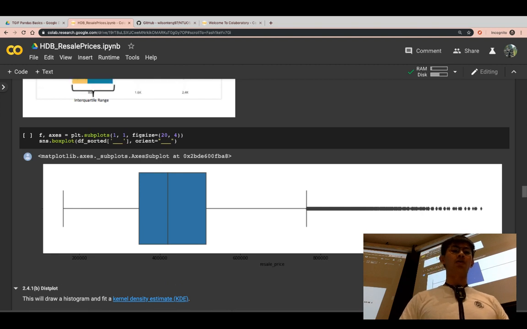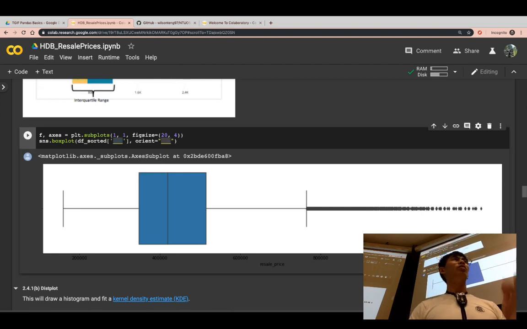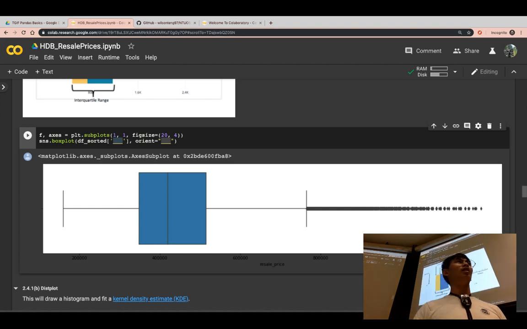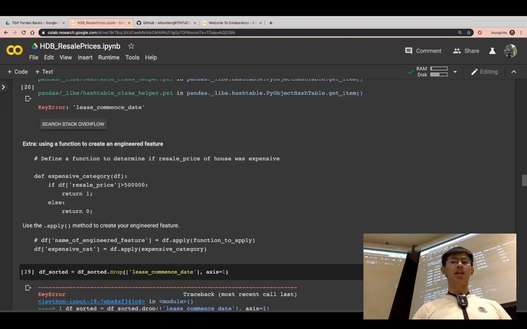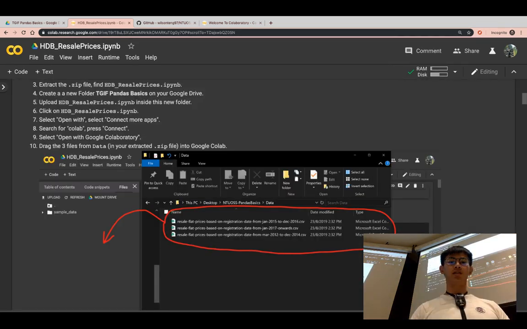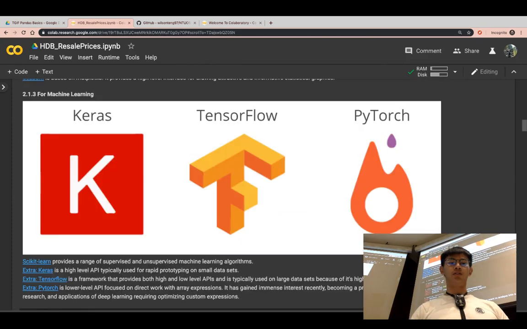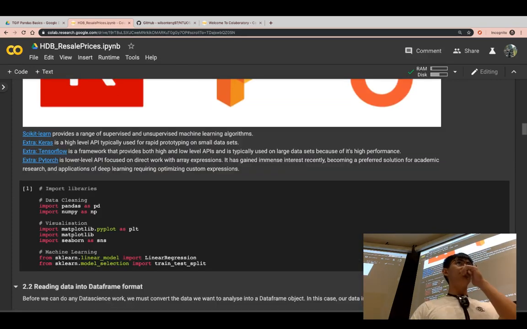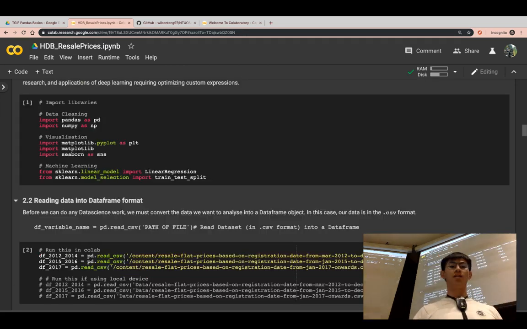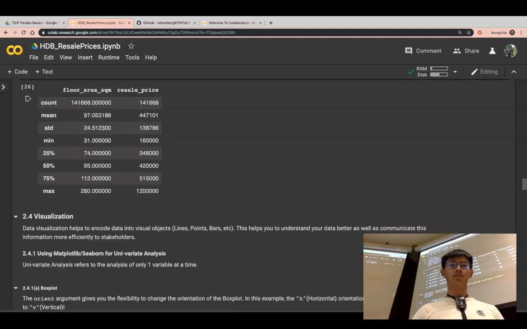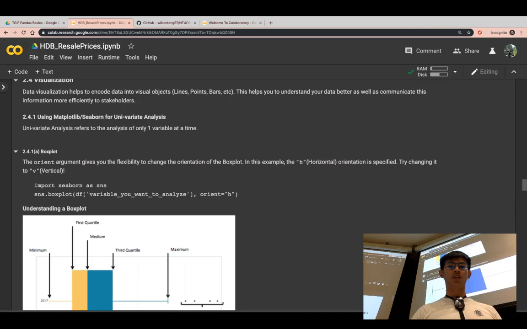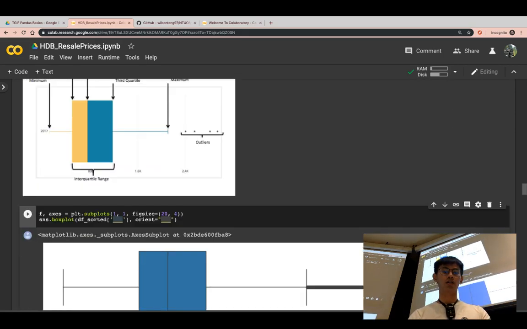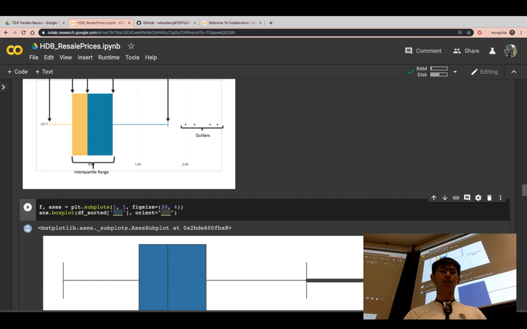So we can now try. The function to visualize a box plot is boxplot, very easy. sns, as we saw previously, we import seaborn as sns. So if you want to call functions in seaborn, you have to use sns.something, all the functions in seaborn. As you can see here, sns.boxplot, because we are using a function in the seaborn library,